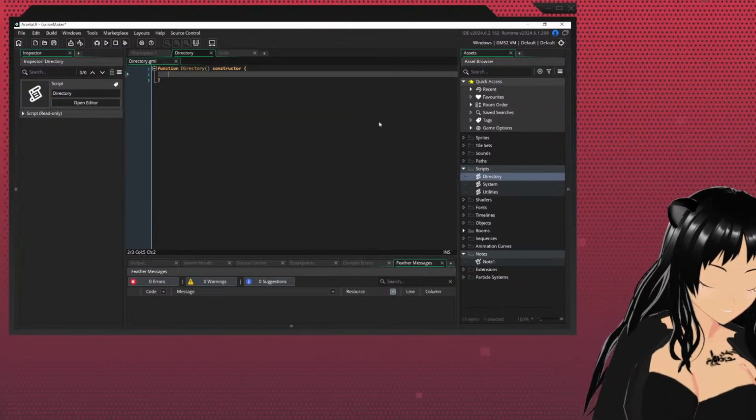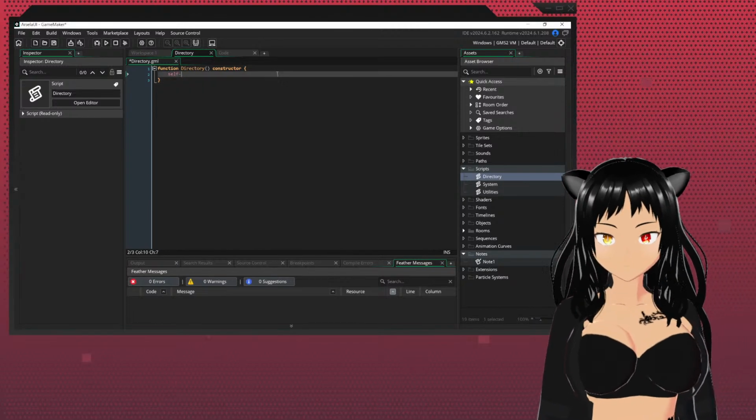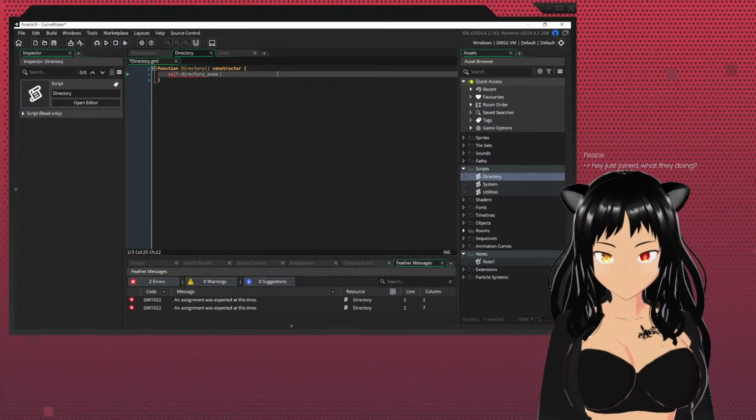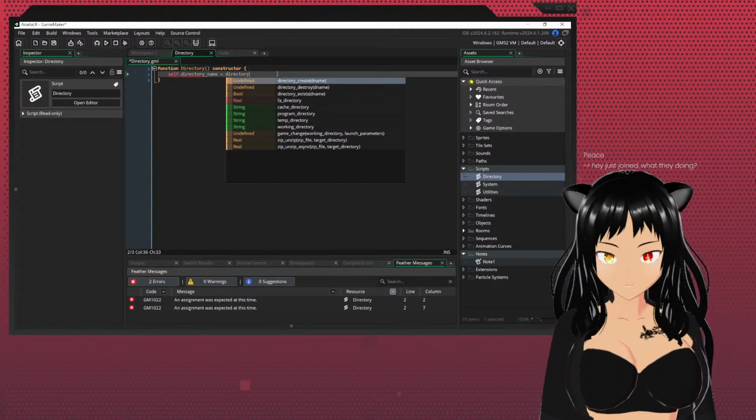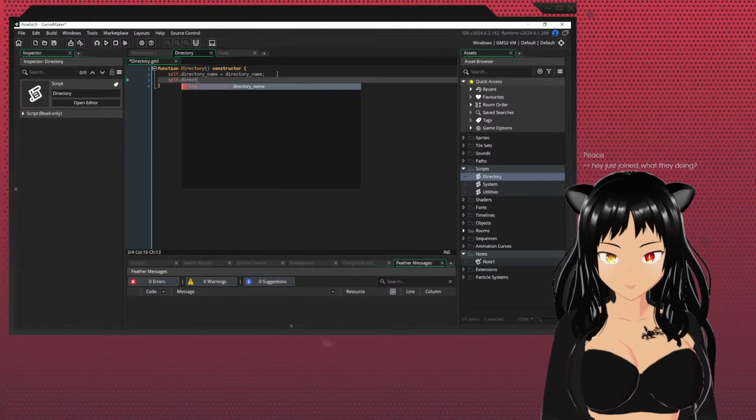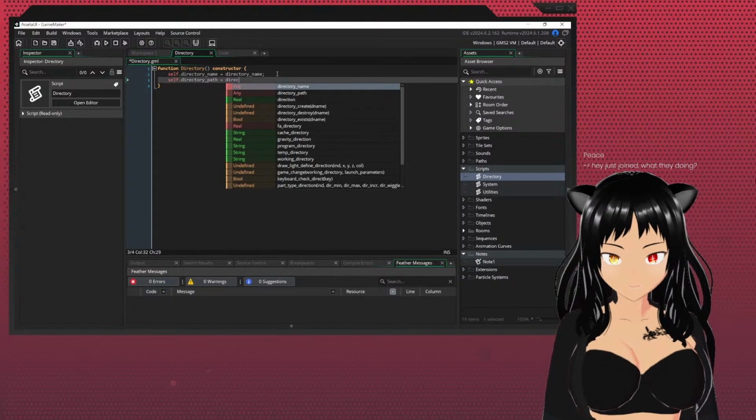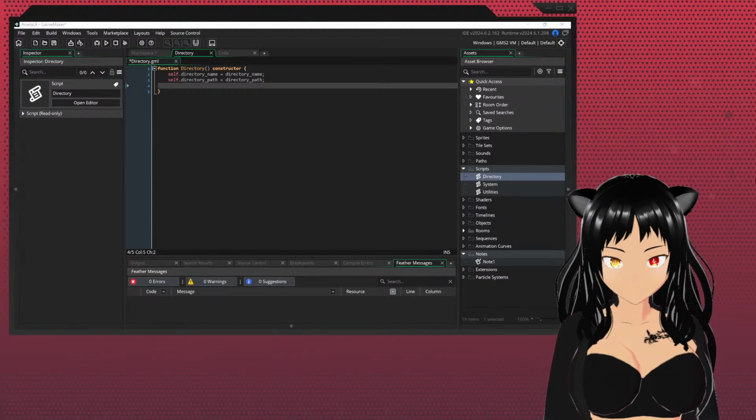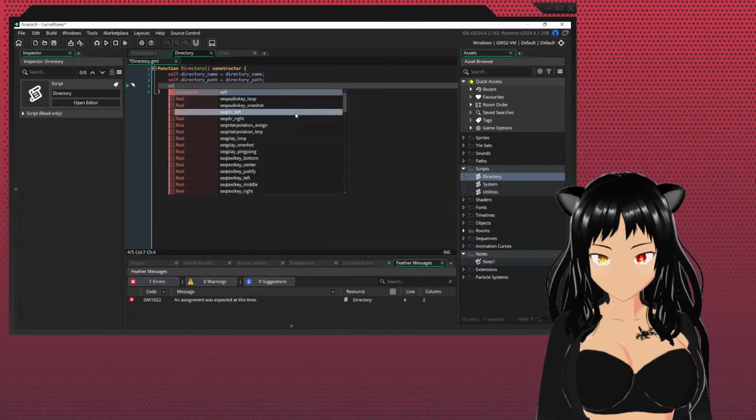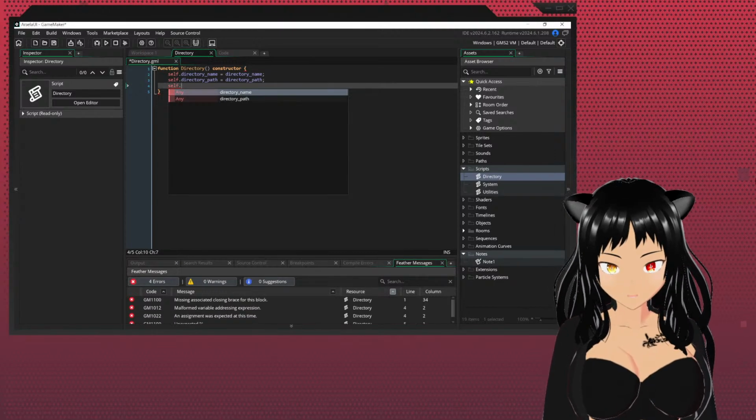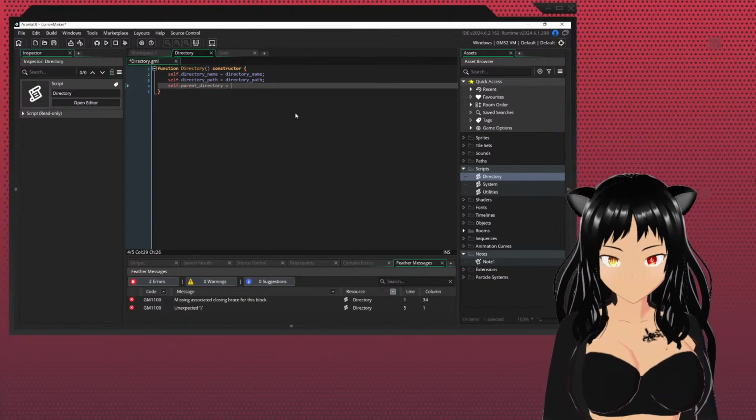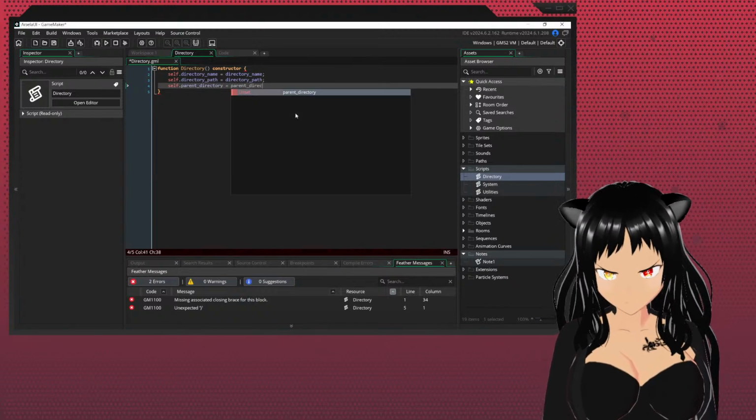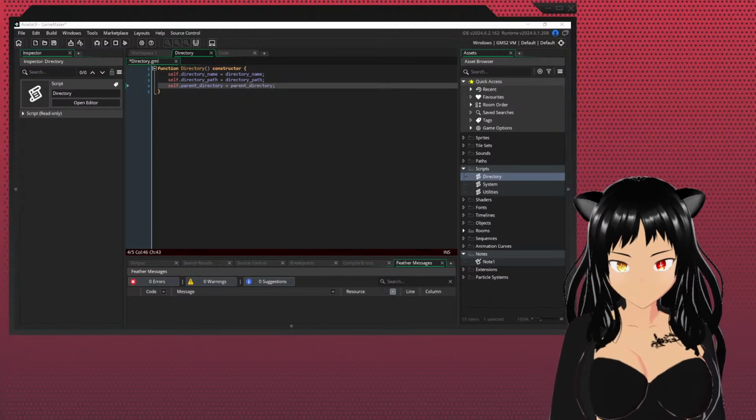Because it would be a good idea to have. Okay, so first self dot directory name equals directory name. Self dot directory path equals directory path. Okay, so we should also have a reference to the parent directory. So I'm going to be parent directory, or